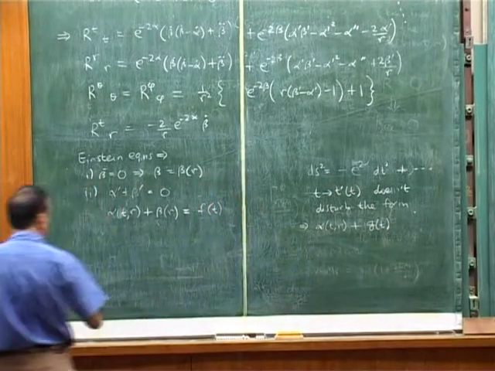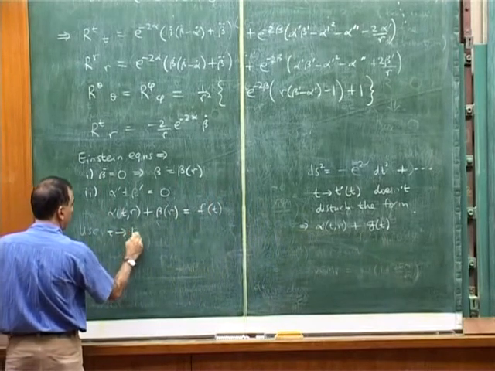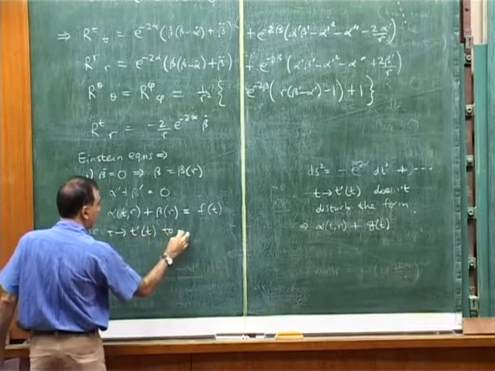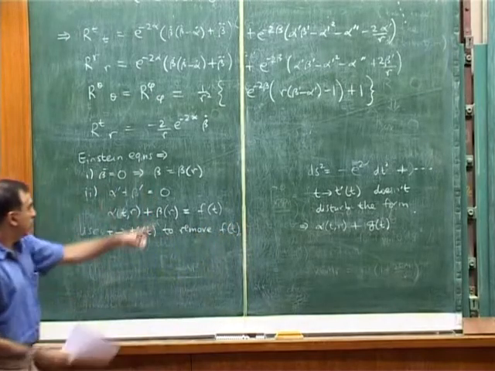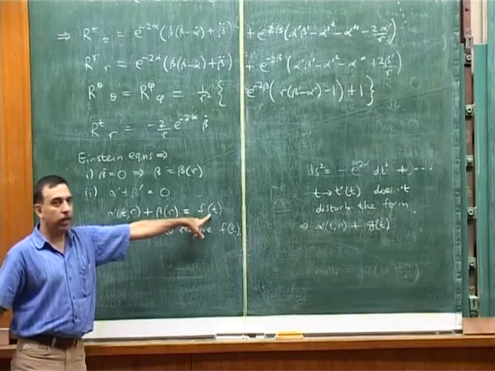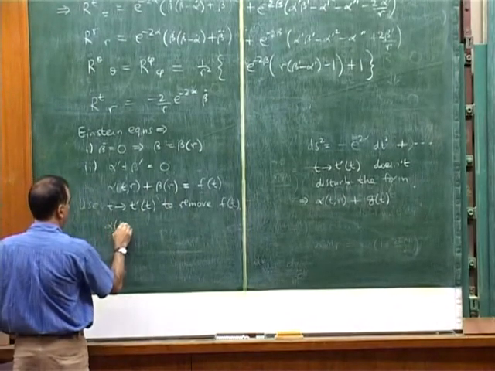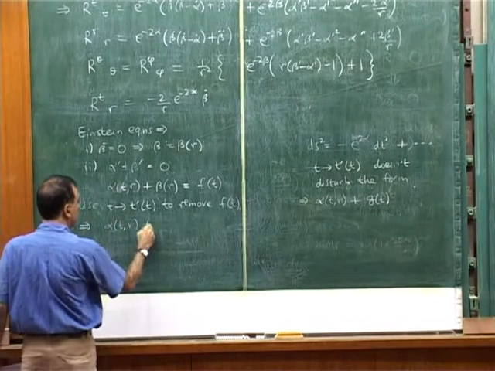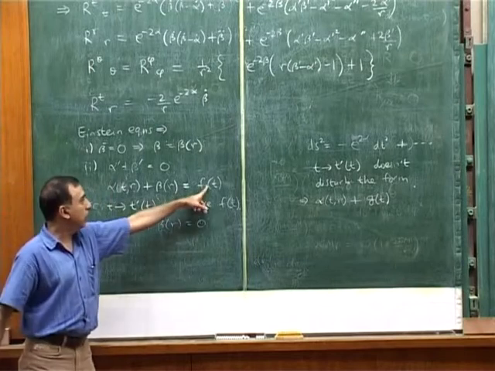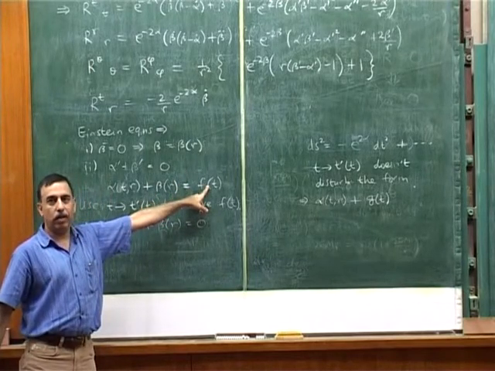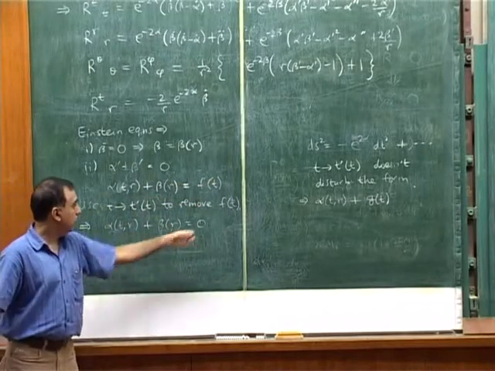That means that I can use that time going to a new function of itself to remove f of t. I'll just choose g such that alpha is shifted in such a way that it removes this f from this equation. And now we have alpha of t and r in these new coordinates plus beta of r equals 0. In other words, the integration constant that we introduced here, constant as a function of r, turns out to be trivial because it can be removed by reparameterization of time, and we get this equation.